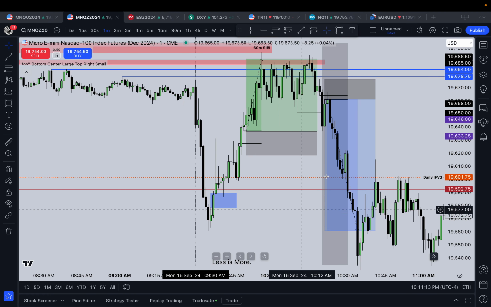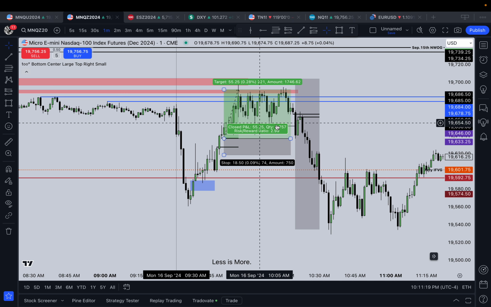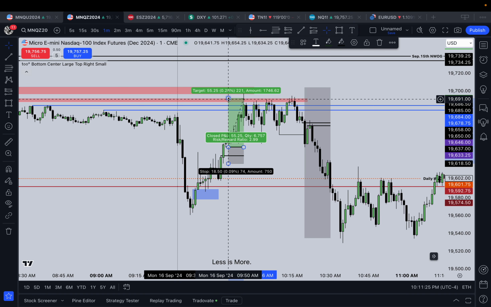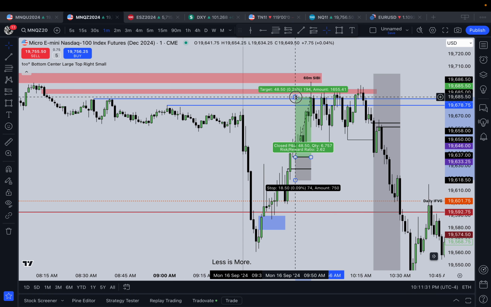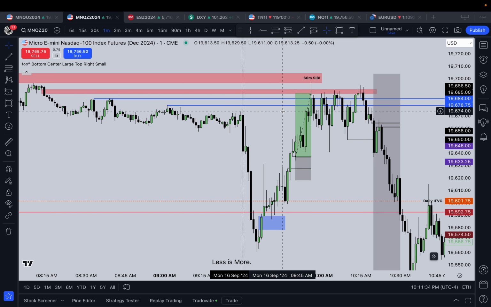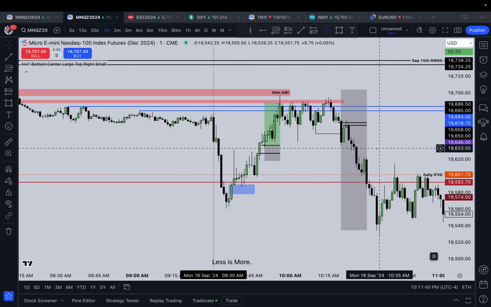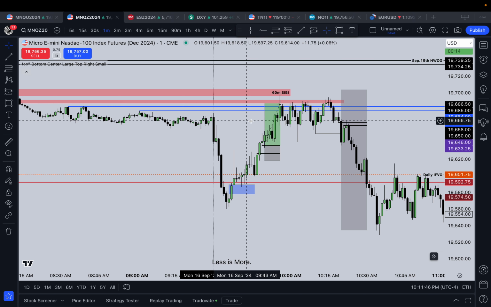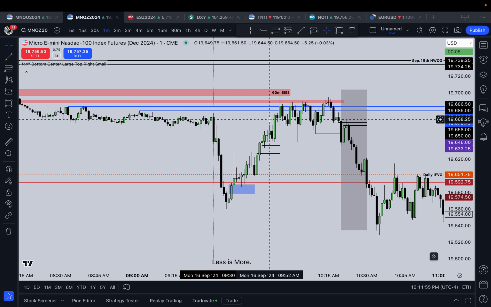That was another nice trade, 1 to 6, targeting this low, the 930 low. I don't know if I explained stop loss placement and take profits very well. Your take profit is really just dependent on you, how long you're comfortable holding your trades for. For me, I like to hold my trade all the way to my final target because that's what I'm comfortable with, and 9 times out of 10 my final target does get hit. If you're not comfortable holding it, you can always take partials and have a runner for that final target. But the targets I mainly look for are opposing liquidity and opposing fair value gaps. That's really it: targeting liquidity and fair value gaps.